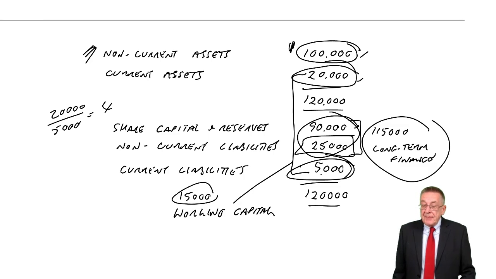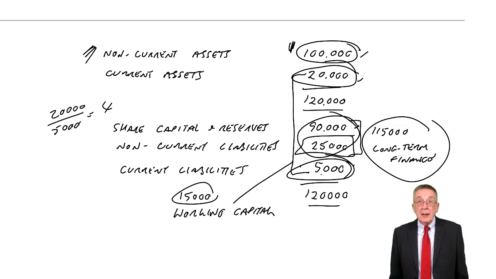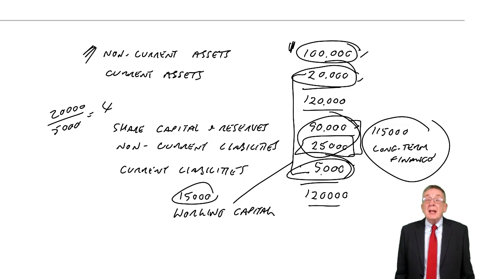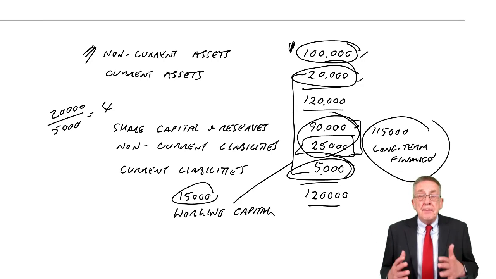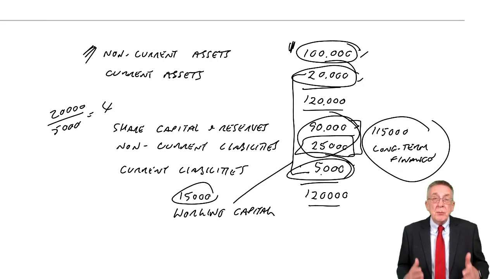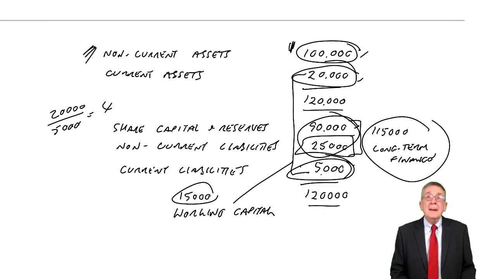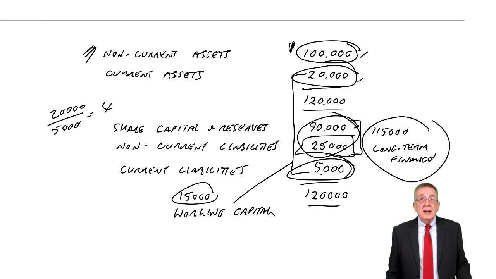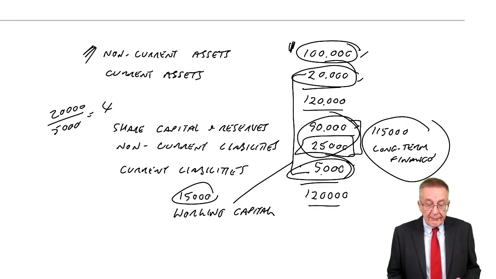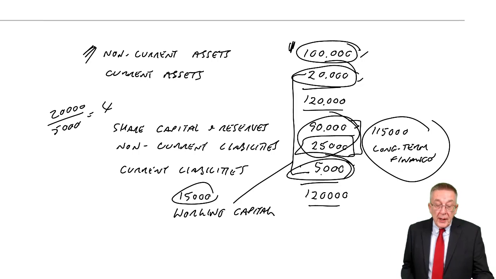If this company had current assets of 20 and current liabilities of 21,000, the current ratio would be less than 1, but it would be a very dangerous position because in the short term they wouldn't be able to pay the bills. They risk ending up having to go into liquidation to close down. The quick ratio,